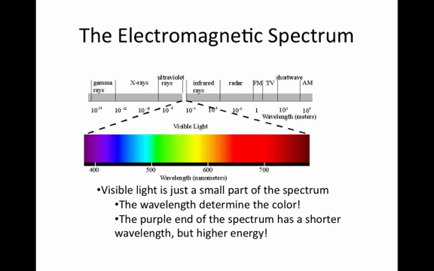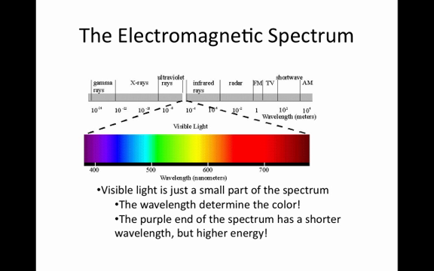This is another thing to keep in mind on the ACT: if you have a question that includes information about the electromagnetic spectrum, just make sure you get yourself oriented along that axis, meaning, where is the short end of the wavelength and where is the long end, because the short end is always going to be your purple color and the long end is always going to be your red color. Okay,